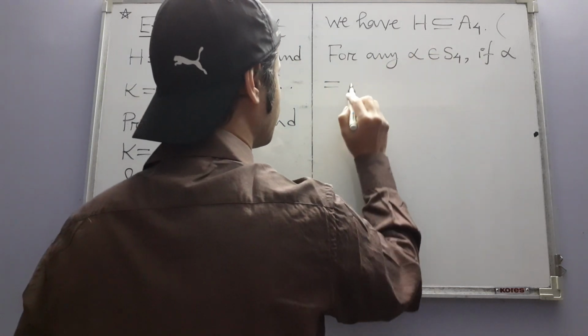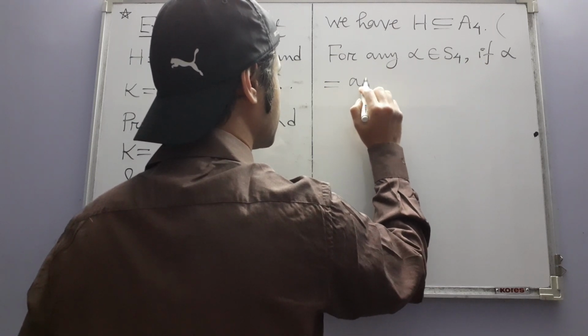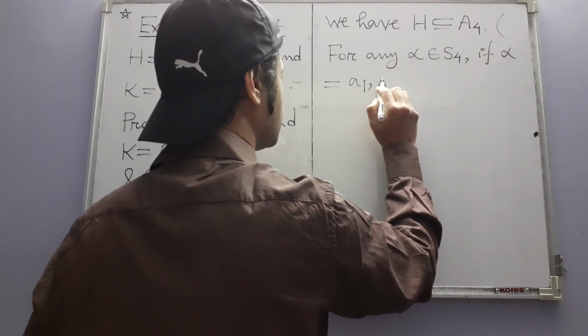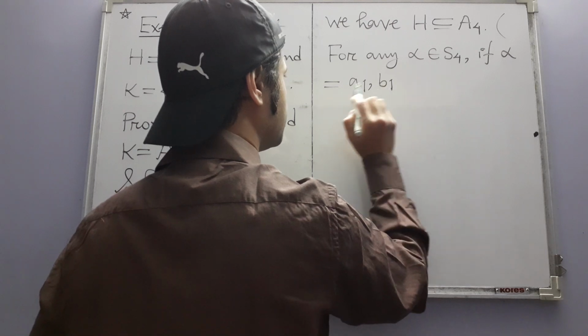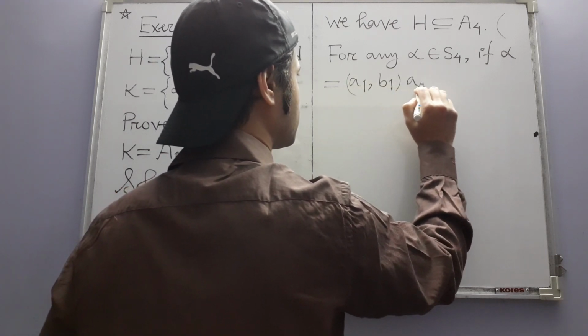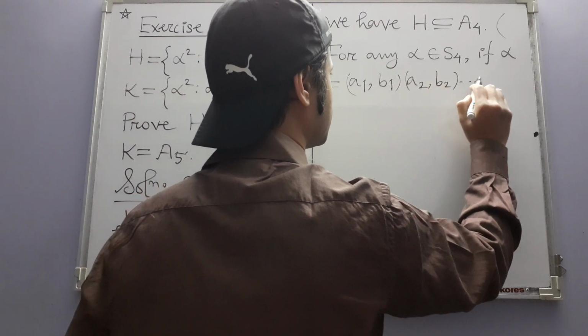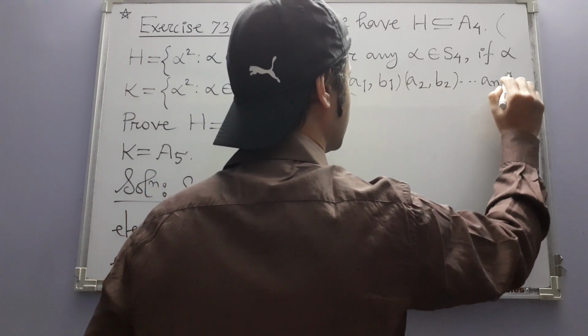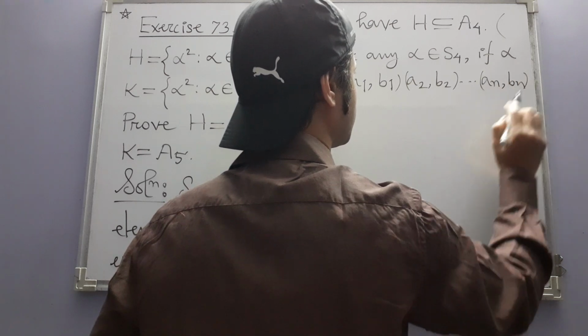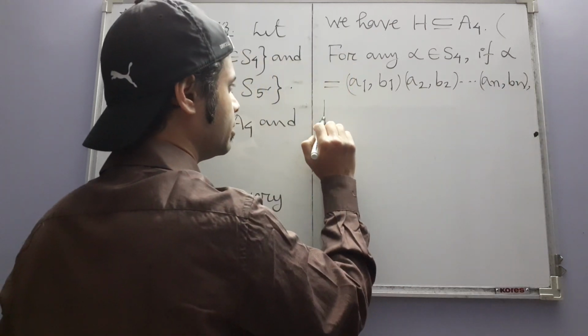So if this alpha is a product of these two cycles, say (a1, b1), (a2, b2), up to (an, bn), then